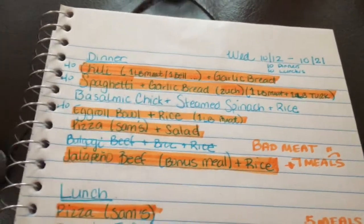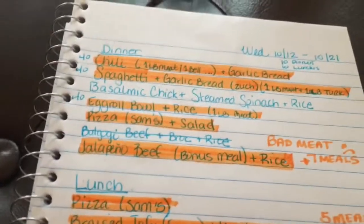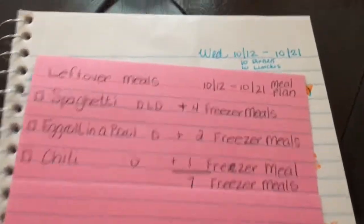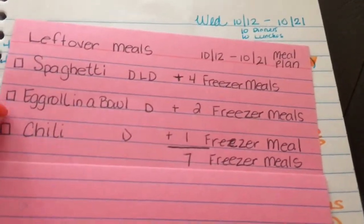I also keep track of my leftovers. So I will show you this really quickly here. I keep track of my leftovers. I wrote something on the bottom and I didn't want to share that. Here is a picture of my leftover sheet, so I have an idea of what those leftovers are going to do, and I'll just either